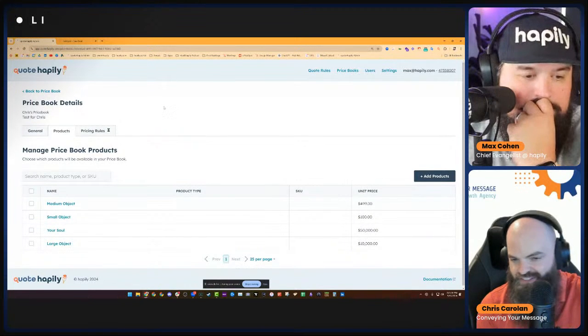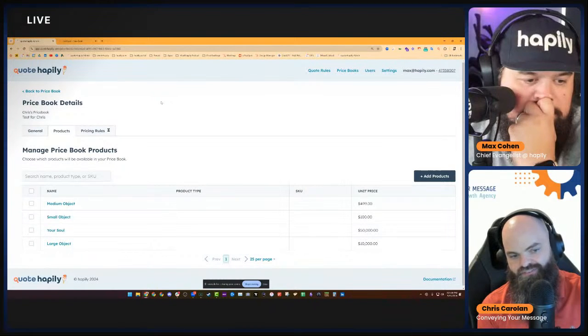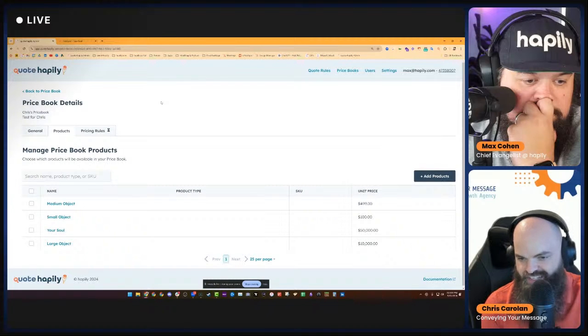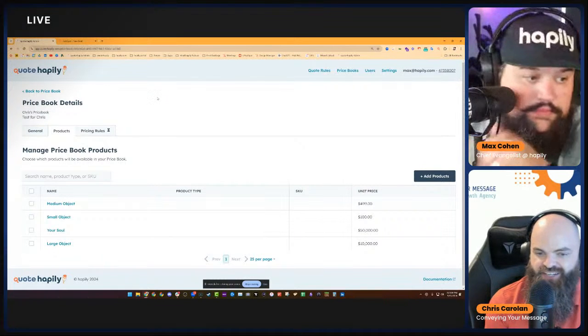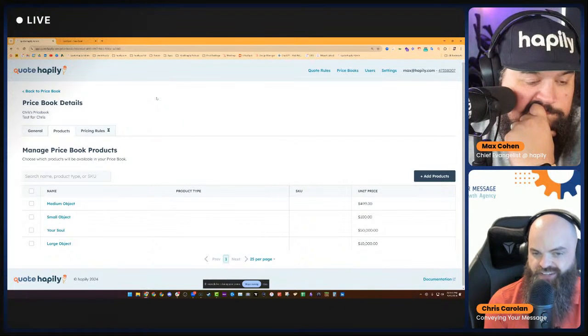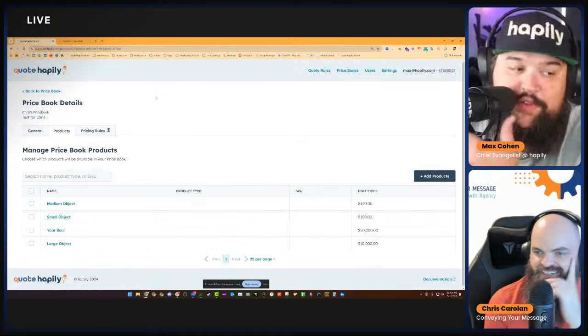Yep. But $250 for international doesn't make sense for domestic, right? So if we're in the international price book, or we're using some factors to say, I don't need 8 different shipping product library listings now. I can just use, I don't know if it's set the price and then discount it based on where it is, or how the rules are going to work. But basically letting the dynamic nature of, hey, this is international, it's going to be this price. It's not, so it's going to be this price. I don't need 2 different versions of the shipping line item. Yeah, because remember, you can set a price book from a rule.